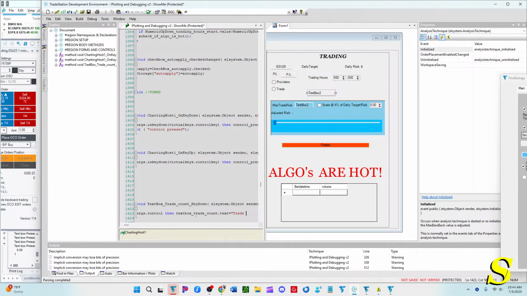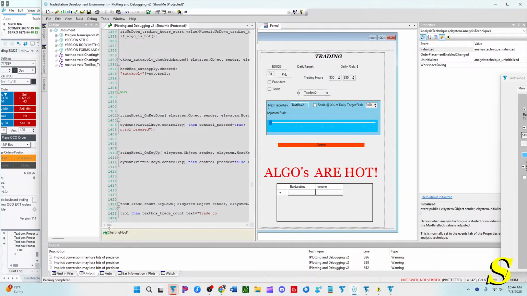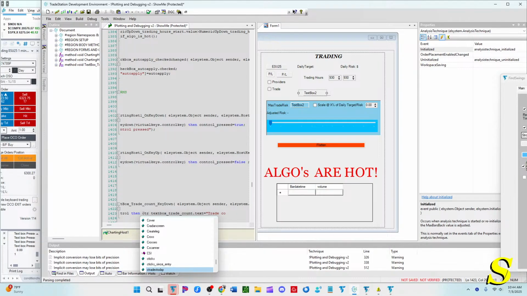We just put trade count. And actually, what I want to do is just delete that. We're going to delete the count because that's the whole point of having the control press. So what we're going to do is count trades today equals